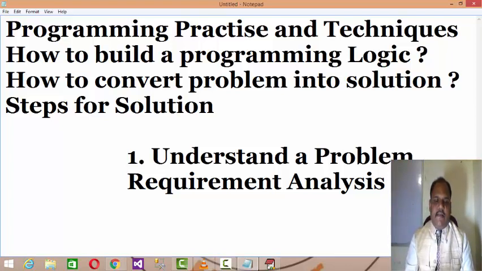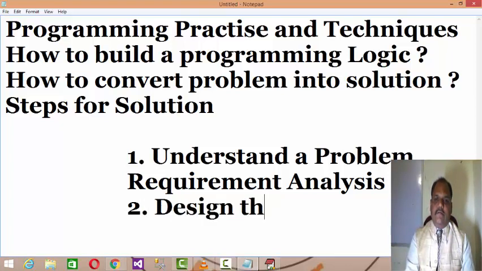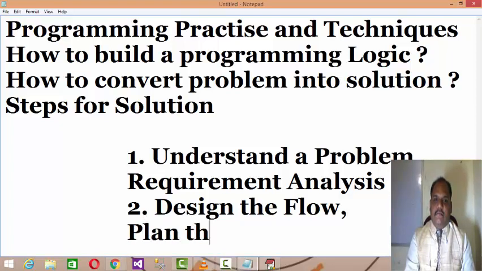Right? Then the second step will be to design the flow, or what I can say, plan the solution.